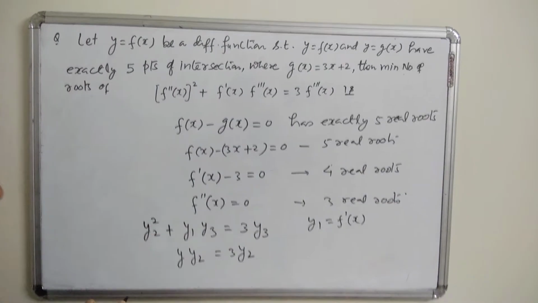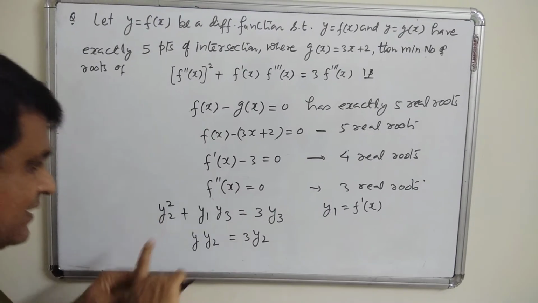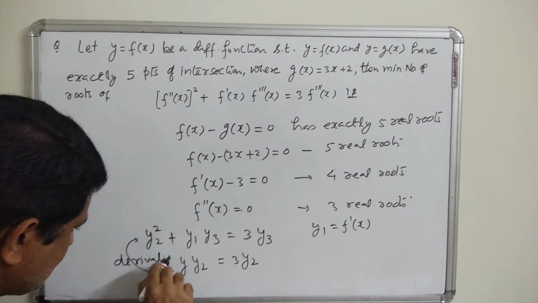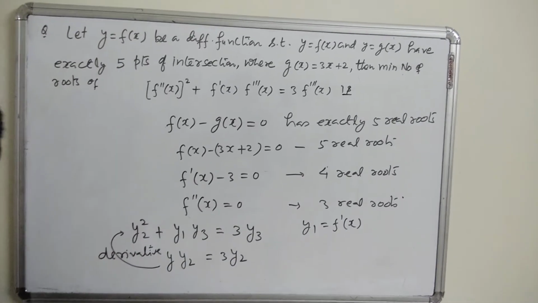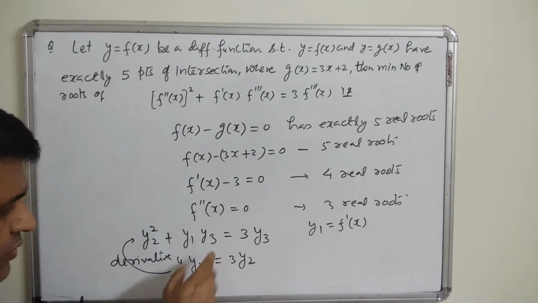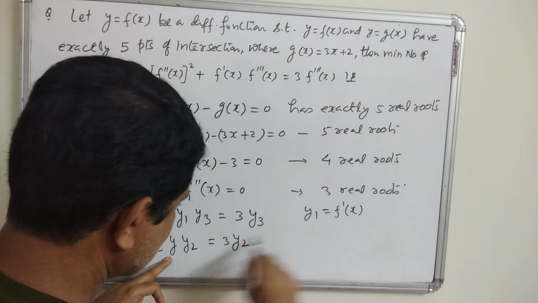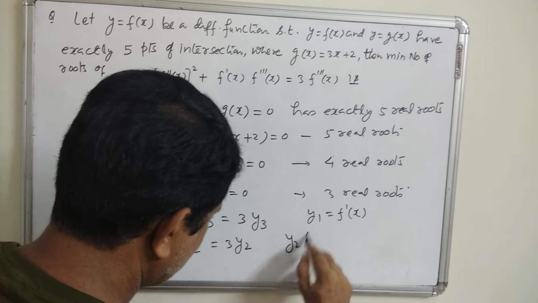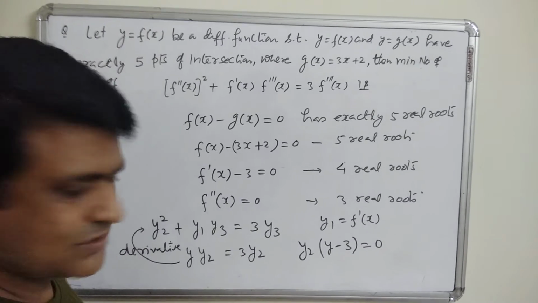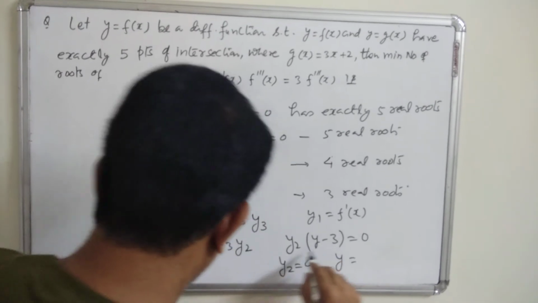I have already explained to you the relation between the number of real roots of a function and its derivative. Let me put it another way. This function is the derivative of this equation. So if I find the real roots of this equation, I shall be able to predict the number of roots of its derivative, that means this equation. Please note that this equation can be written as, after taking it to the left hand side, y2 common, y1 minus 3 equal to 0. Now this equation is made up of 2 parts. One is y2 equal to 0. Another is y1 equal to 3.